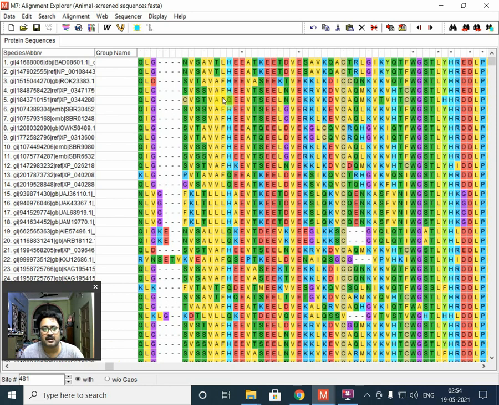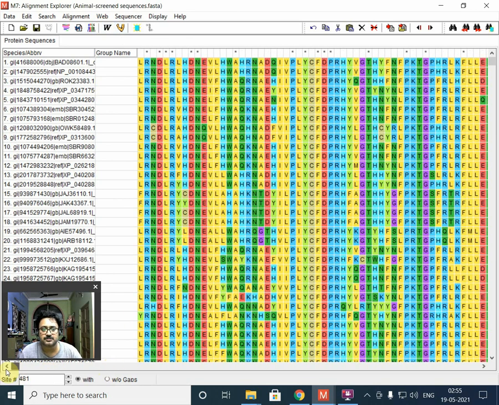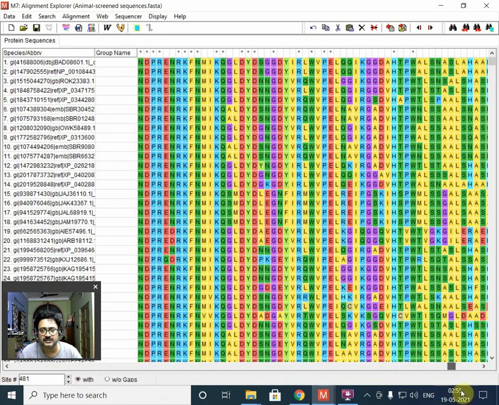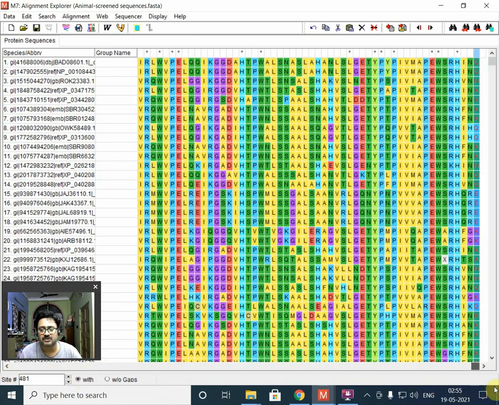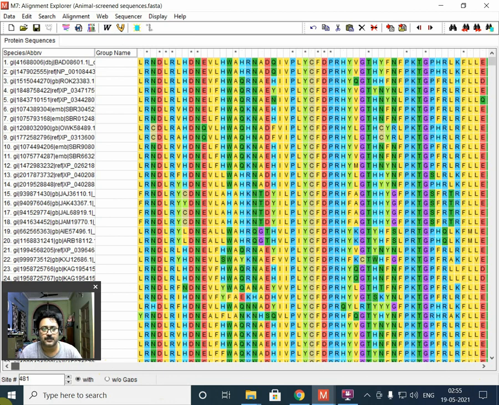If you add plants, microorganisms and other things, which will increase the diversity of the data, then there will probably be some changes between these two algorithms, ClustalW and MUSCLE. But from this study's point of view, we haven't found much difference between the alignments generated by these two algorithms.